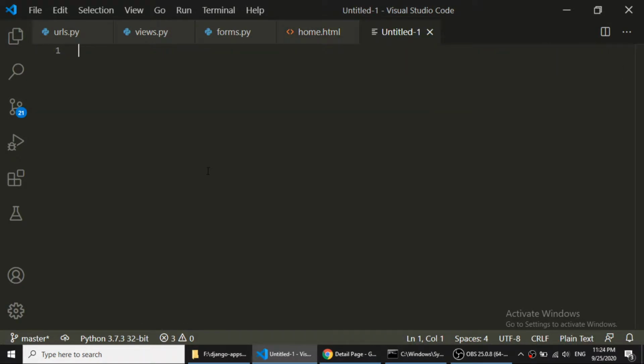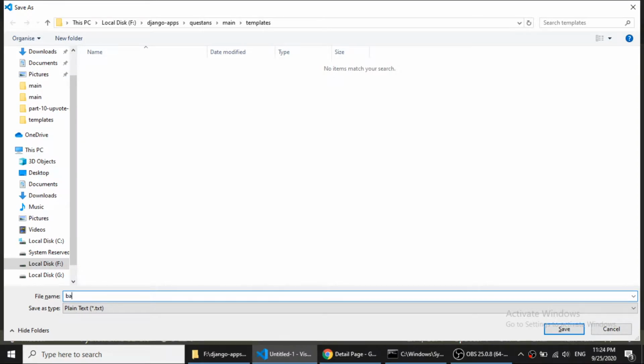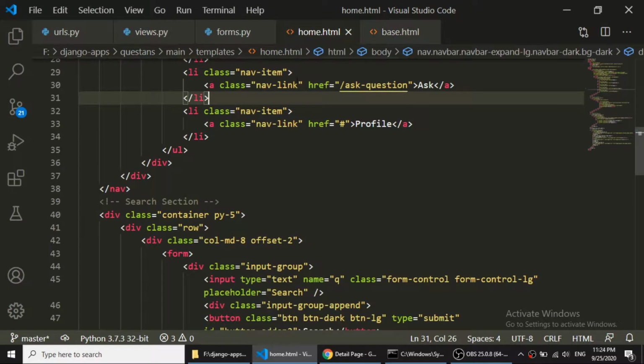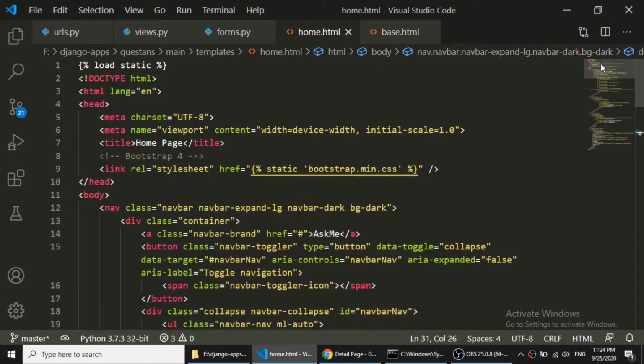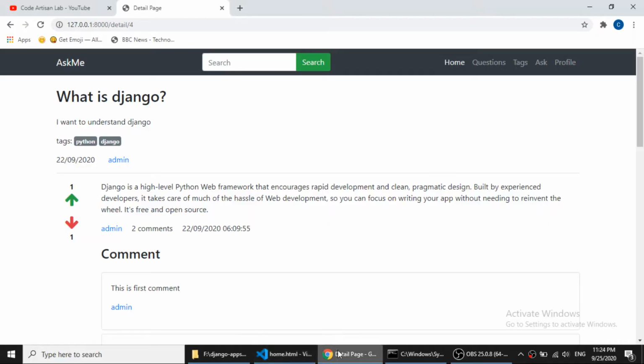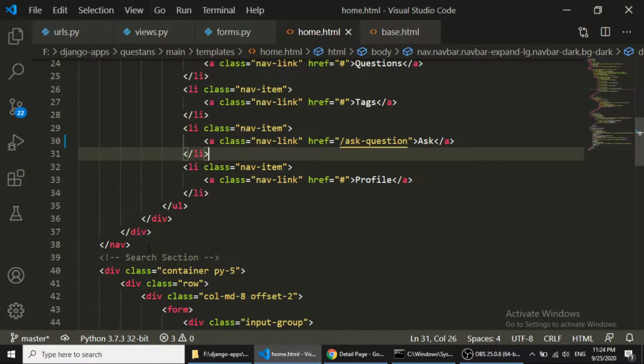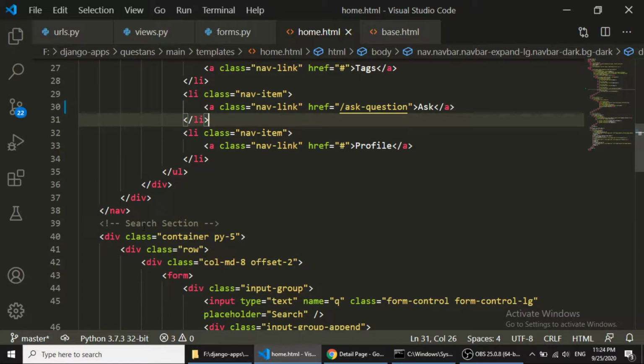So I will create base.html, and in this base.html I will copy this header part and paste that. I will copy the header part, so from the nav